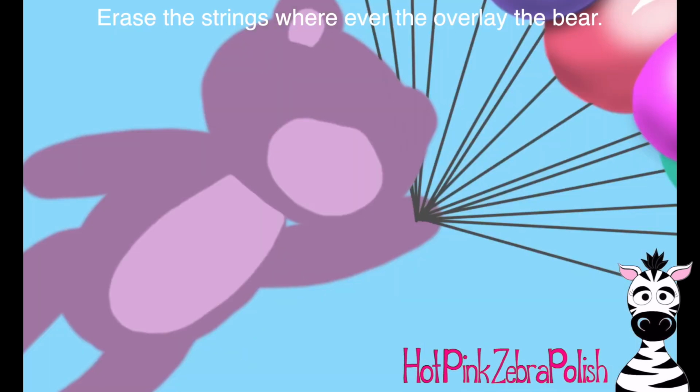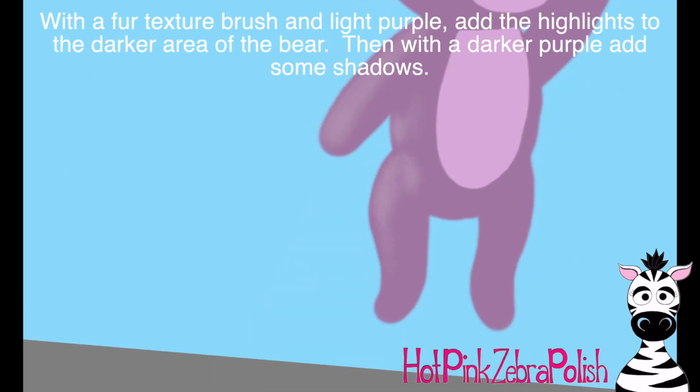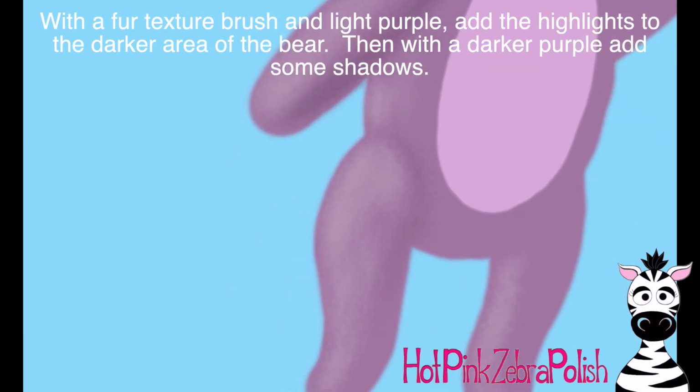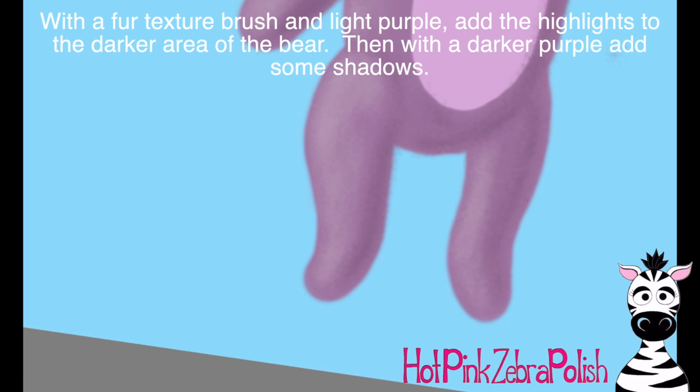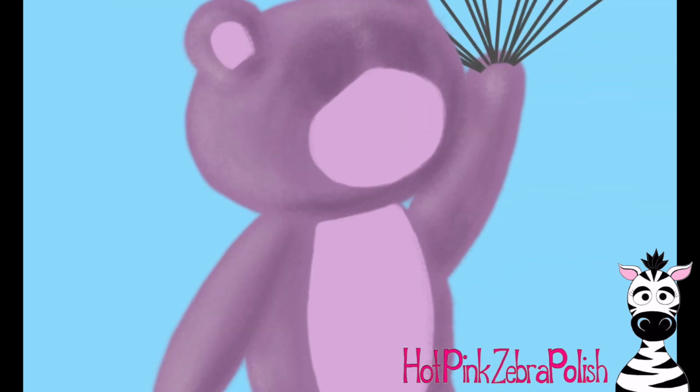So I erased the extra on the balloons and then the extra on my bear. So now the fun thing is that you can go through and start adding all of your little fur texture to your bear, and there is a great fur texture brush on Sketchbook Pro that I'm using. So first with a lighter shade of purple, go through and add the highlights on your bear, and then with a darker shade, not too much darker, you don't want him to look too dramatic, but just a little bit darker, add some shadowing. I did a little bit of a drop shadow around his eyes,